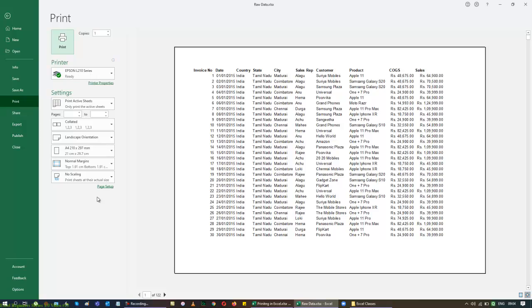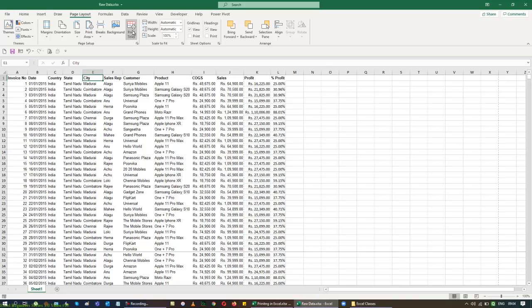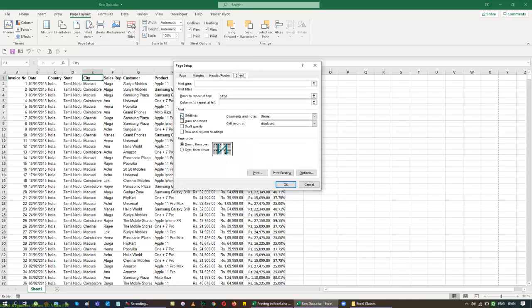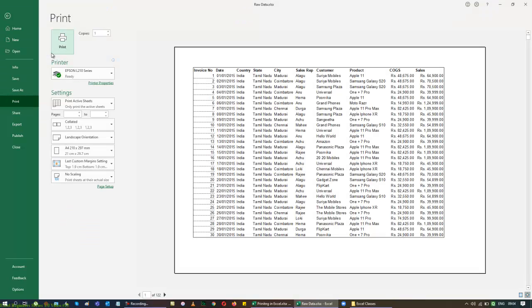So if you don't want to use the borders, and instead want to take a printout with the grid lines in it, you can also always do that. So go back to your page layout, go to Print Titles, and use grid lines. When I give an OK, only when you take a print now in the line items, you may not be able to see anything here. When you go to your printout, you can see them very nicely.